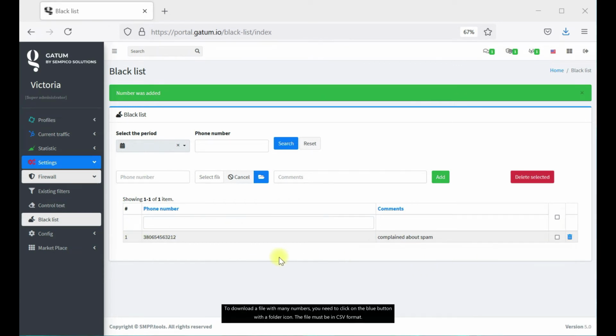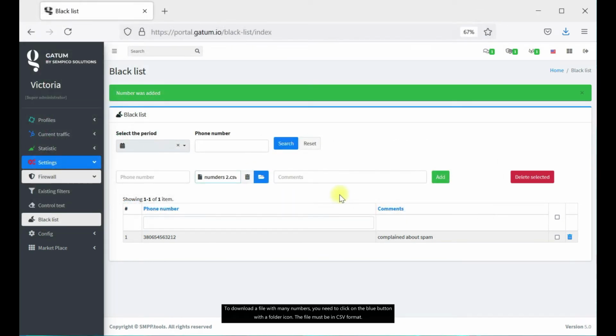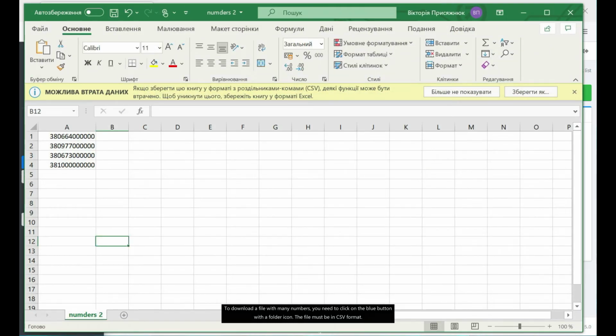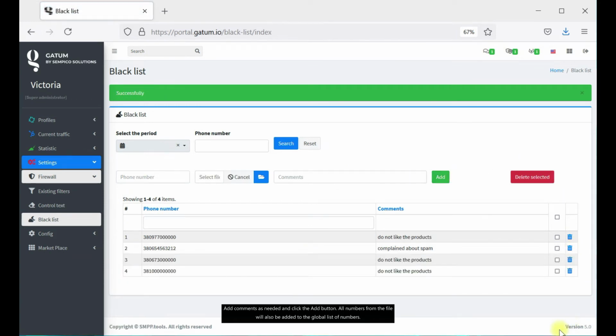To download a file with many numbers, you need to click on the blue button with the folder icon. The file must be in CSV format, like this. Add comments as needed and click on the Add button. All numbers from the file will also be added to the global list of numbers. Also, using the filtering, at the top of the page you can find any number from the list. For example,